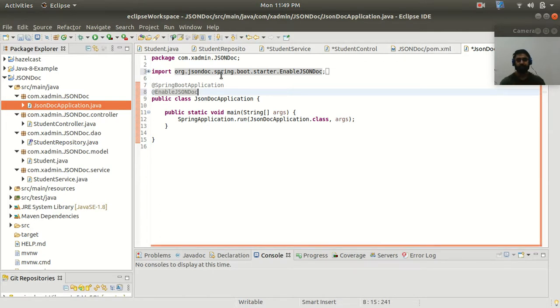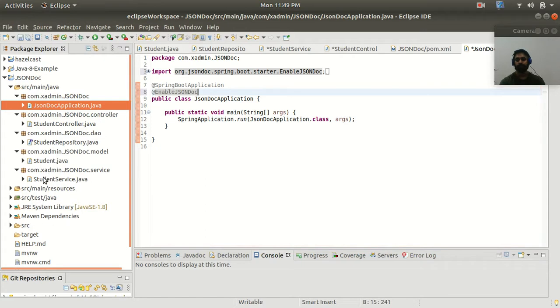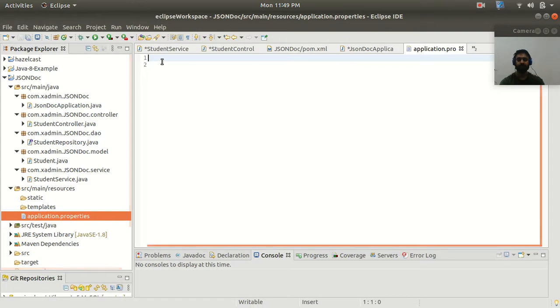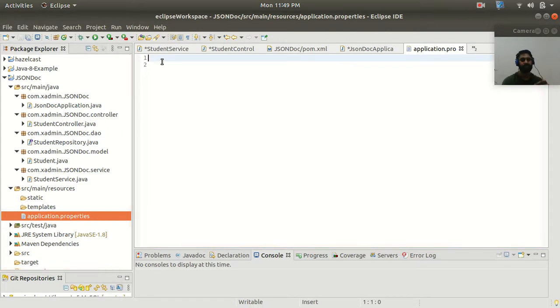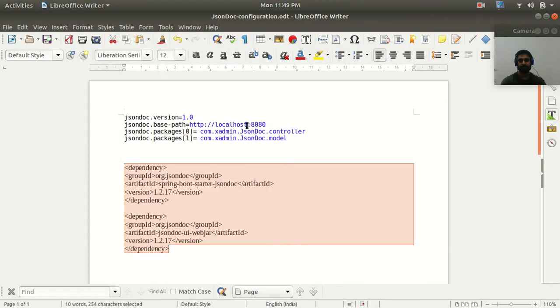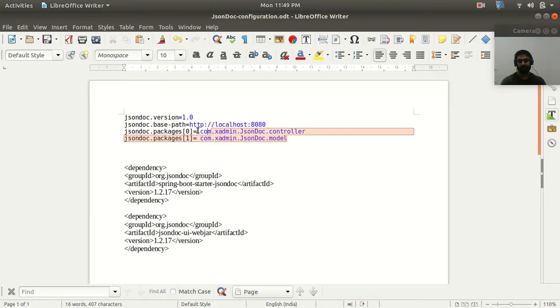So let's go to our resource folder, and here we can find our application properties file. We need to assign some properties for JSON doc, so that it can scan the classes for which I want to create the JSON doc.